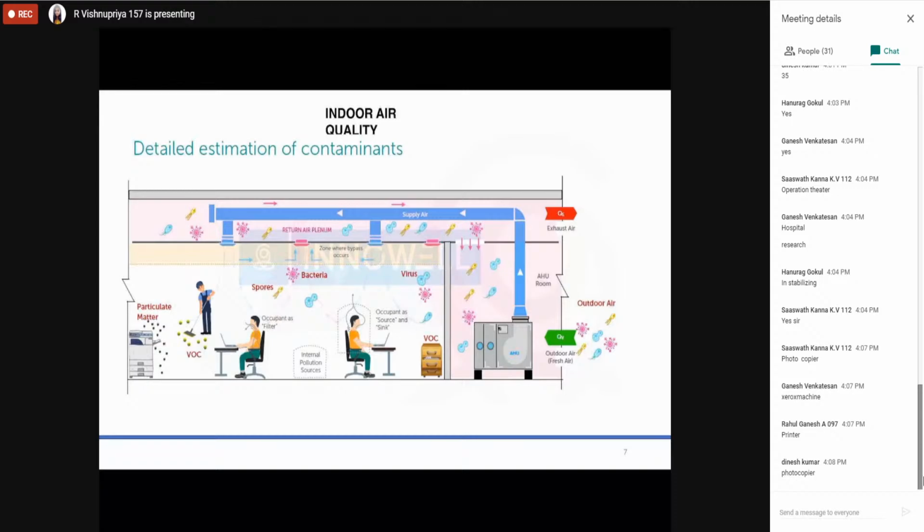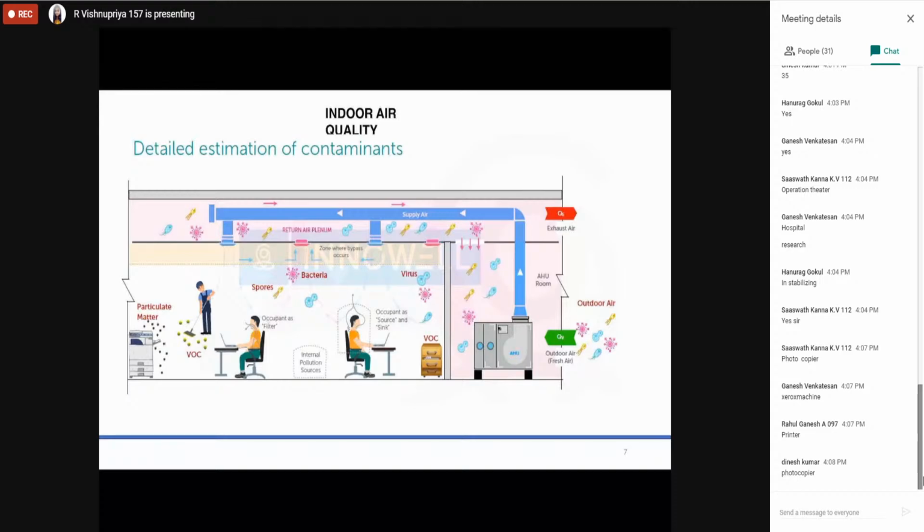Why is there a photocopier machine? Will there be any fumes or emissions? Yes, there will be emissions, because when you take a printout, a small black toner is emitted into the ambient air. That's why even in an office space there will be a separate room called the photocopy room or reprography room. In that room we will have one supply air and we will directly exhaust the air. We will not allow fresh air or recycled air coming from the photocopier machine. They will directly take an exhaust, because while taking photocopies multiple emissions occur, so that should not impact our fresh air quantity.